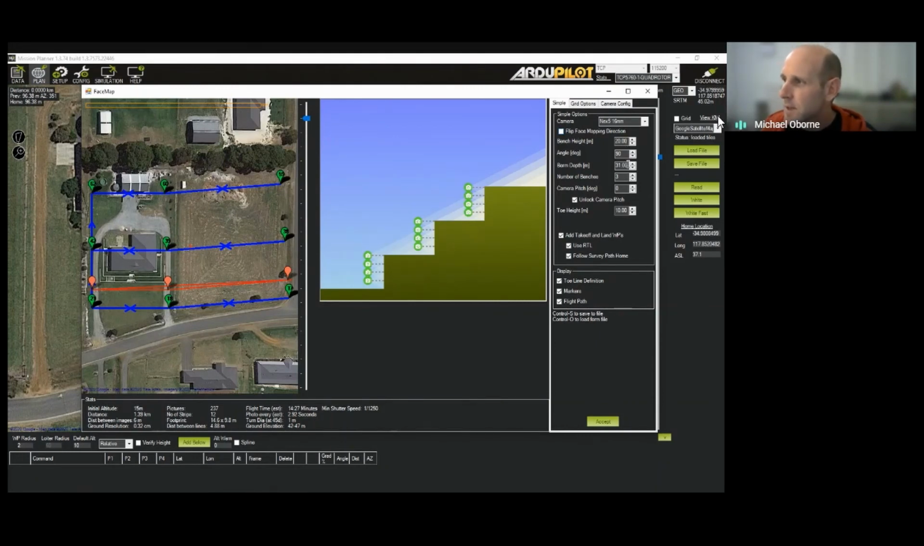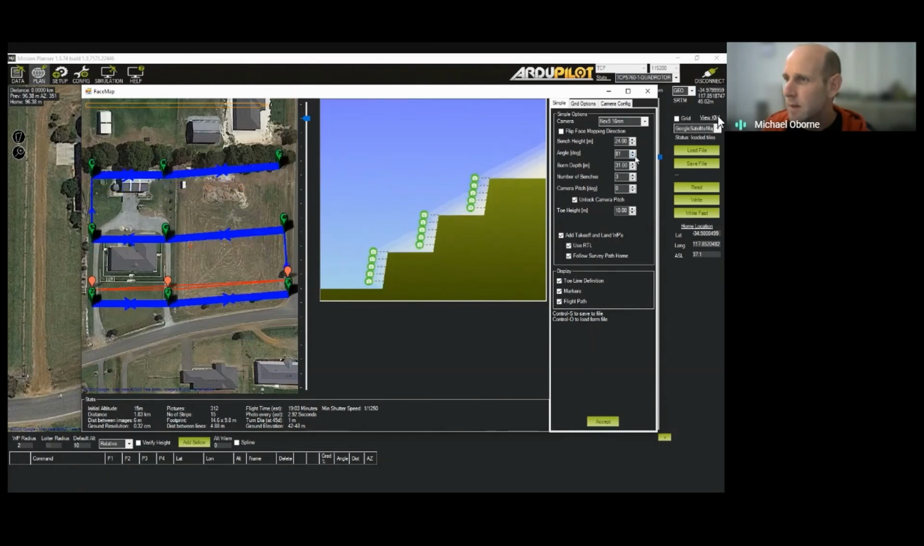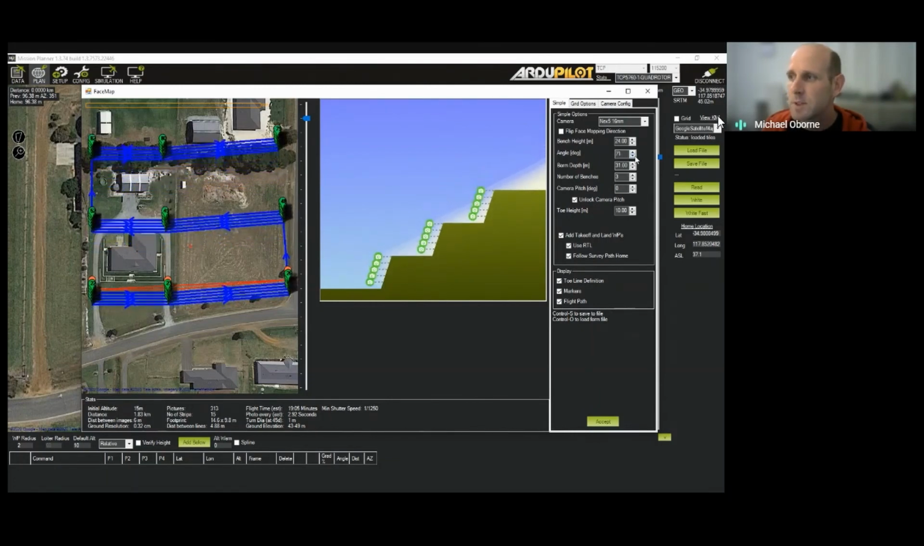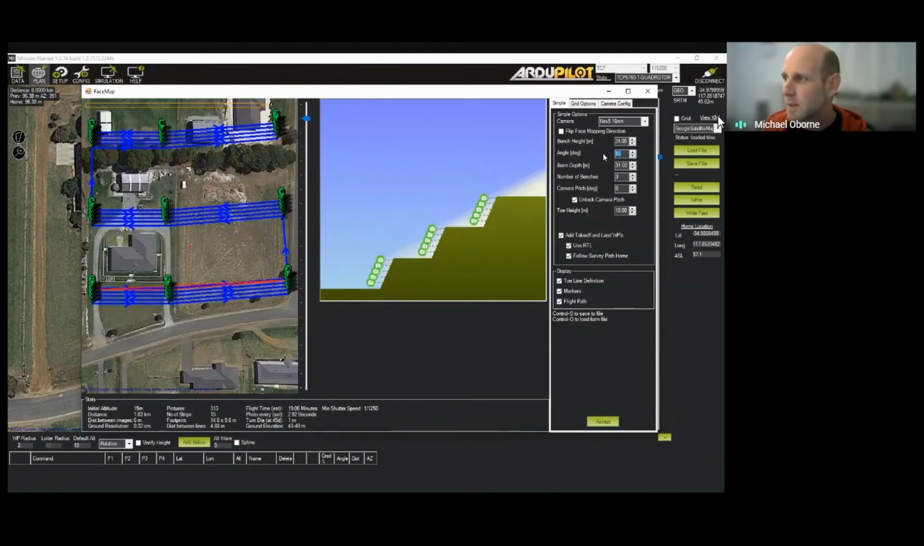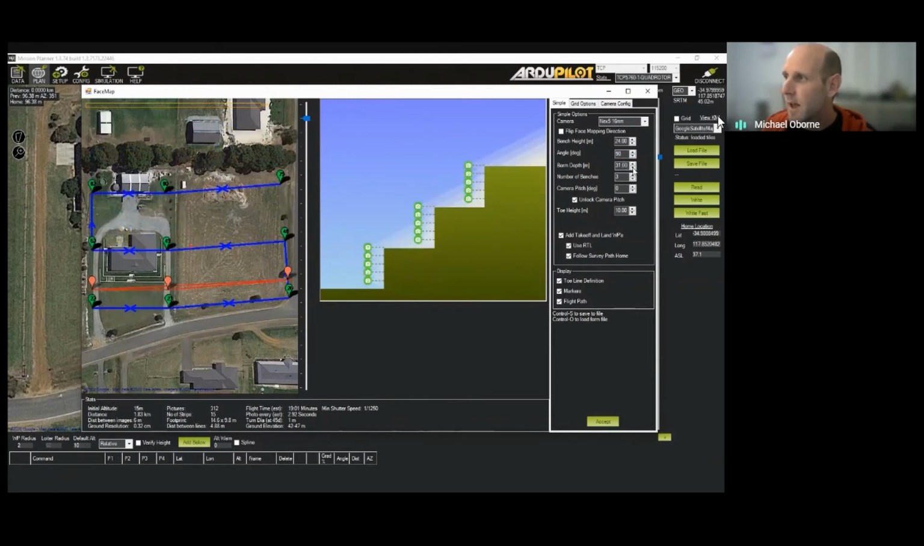There are a few different things to adjust in here. Let's go to bench height. This is all illustrated, so as you adjust the numbers, you can see a rough representation of what you're going to get. And then there is what kind of angle it's on. Say you wanted to fly a sloped hill or something similar. Let's go back to 90 for that. And then